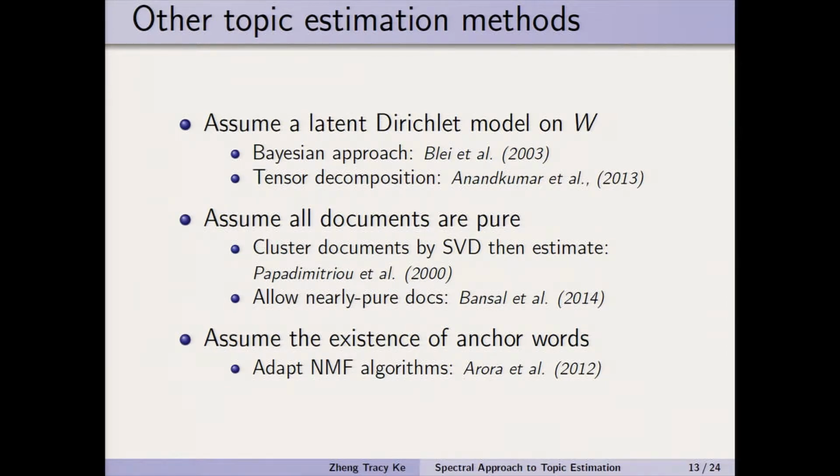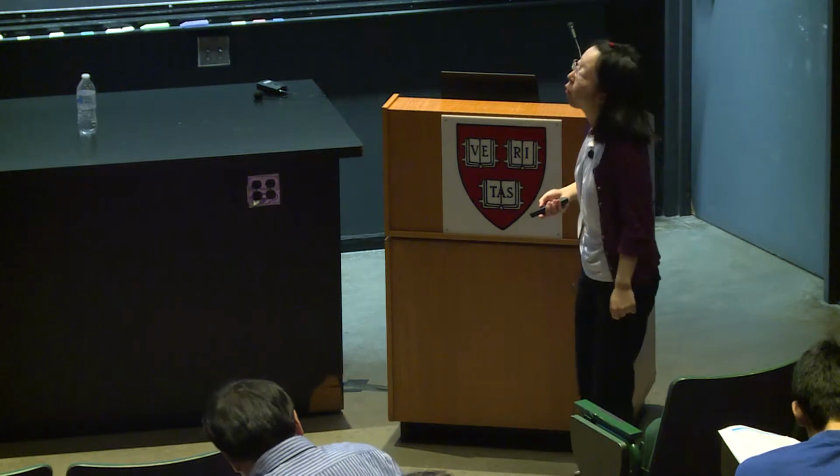For the existence of anchor words, we have found a lot of support from the real data. What differentiates our method from the other methods in this class is that we use SVD, but they don't use SVD. And SVD yields simultaneous dimension reduction and noise reduction. So we benefit in both computation and in error rate.